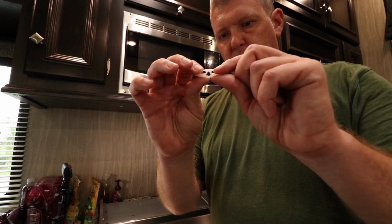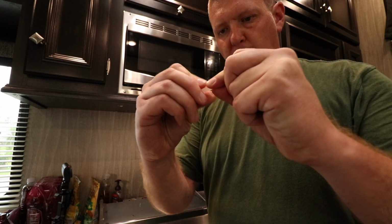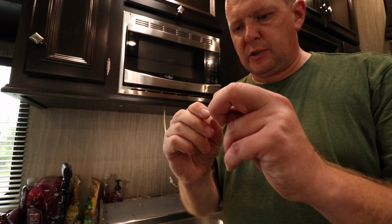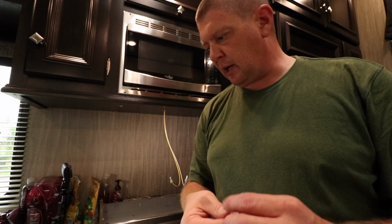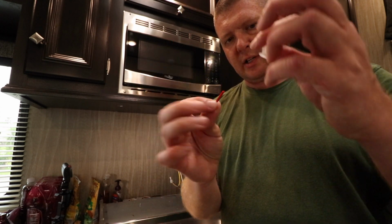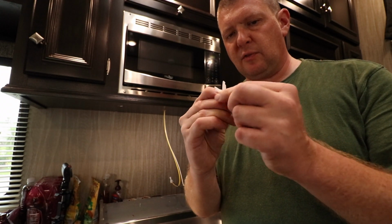Basically all you do is the two ends, the two wings there, fold together like that, and that allows you to start that up in the hole. Goes all the way in, and then it wants to fan back out. It comes with a push pin. Once that's up inside the hole, you shove that push pin up inside there, and I believe in theory what